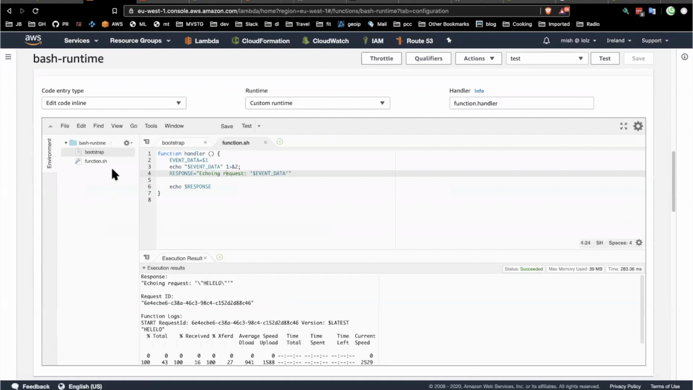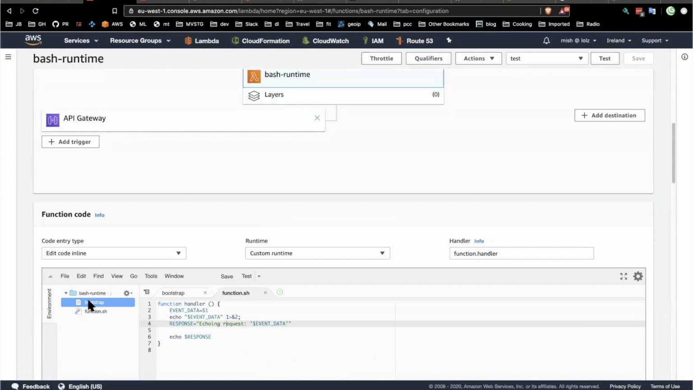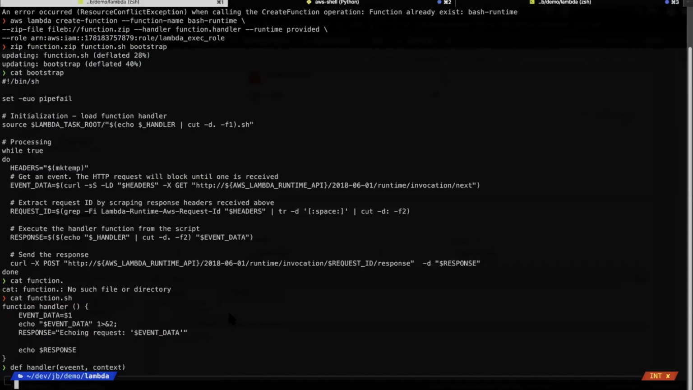So like I was just saying, if you have a layer that has this magic file in it, an executable bootstrap, and you don't have a runtime set on the function, and the function doesn't contain this file, it'll use bootstrap from that layer. But you can use them for other things as well, not just runtimes. The way a layer seems to work to me is it's a file system overlay. So you could create a layer, you could create like, you know,